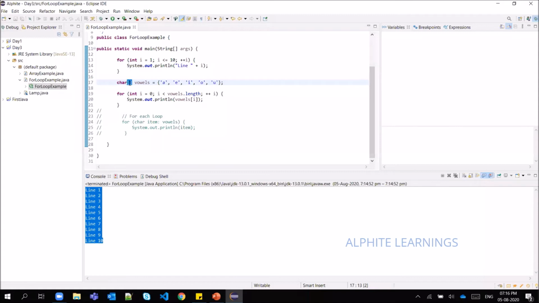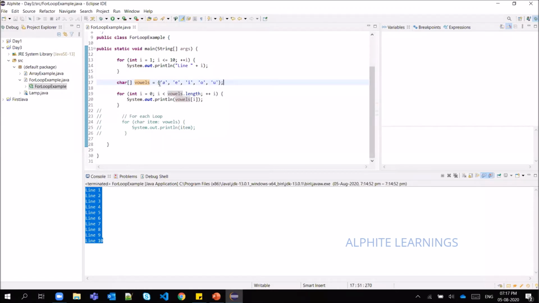What type of value is going to go inside the array? It is a character array, and the identifier for this array is vowels, like how we give a variable name. Yesterday we learned variable naming.